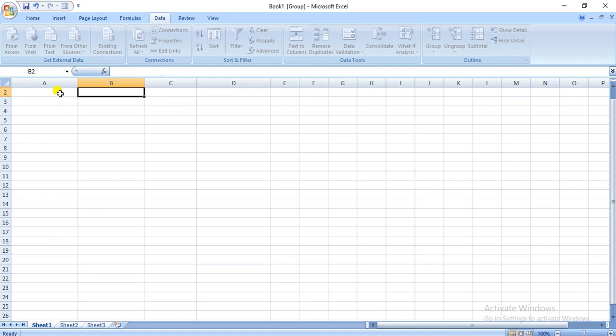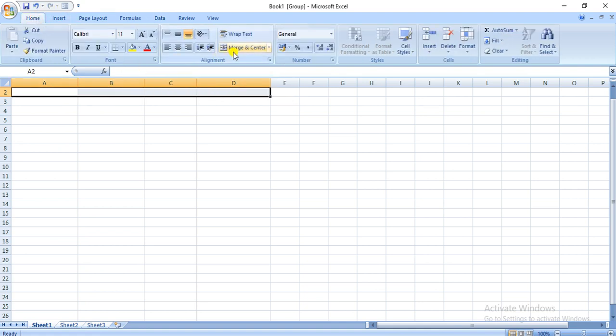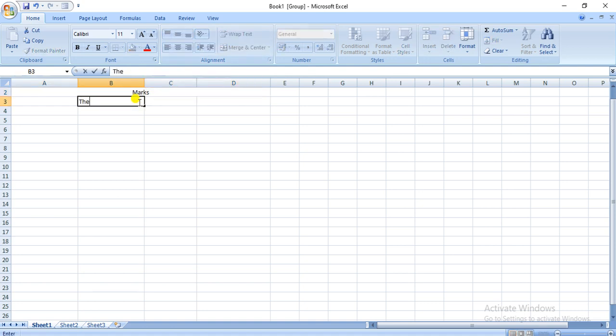Now suppose I want to add the details of students over here. So let my headings be marks for theory and for practicals, and let it be total. Now I'm going to add the names of students.